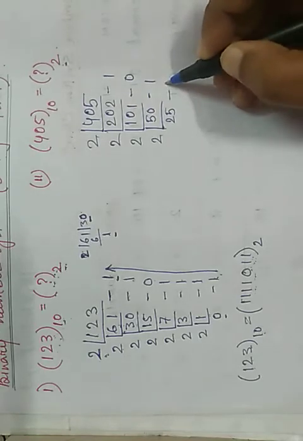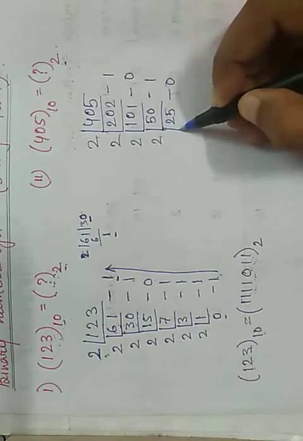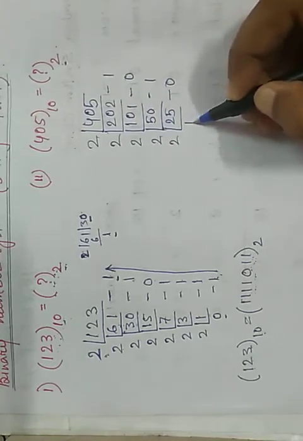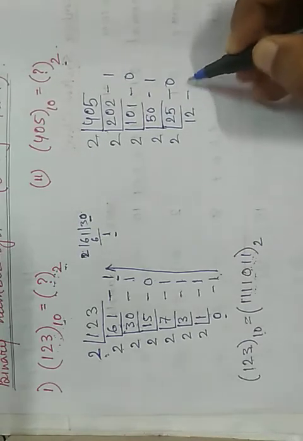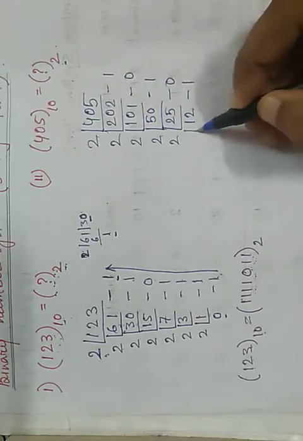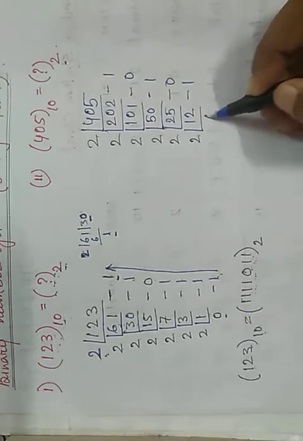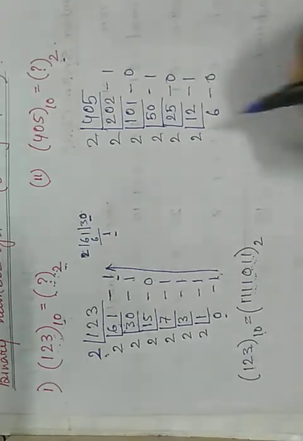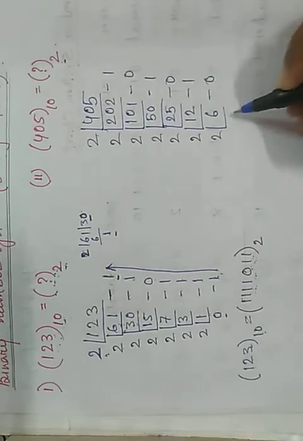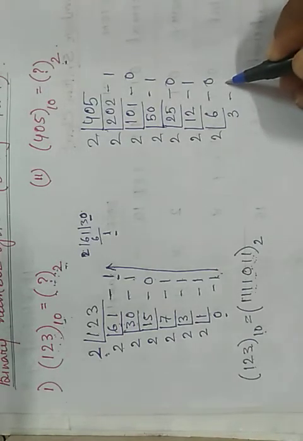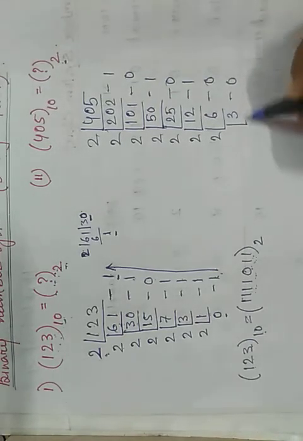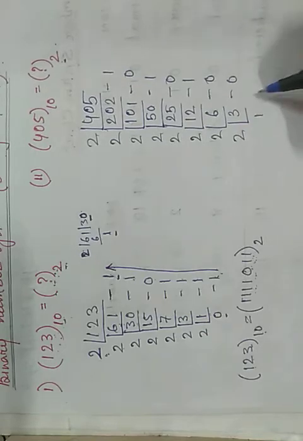Then 12, 2 6s are 12, remainder 0. 6, 2 3s are 6, remainder 0. 3, 2 1s are 2,